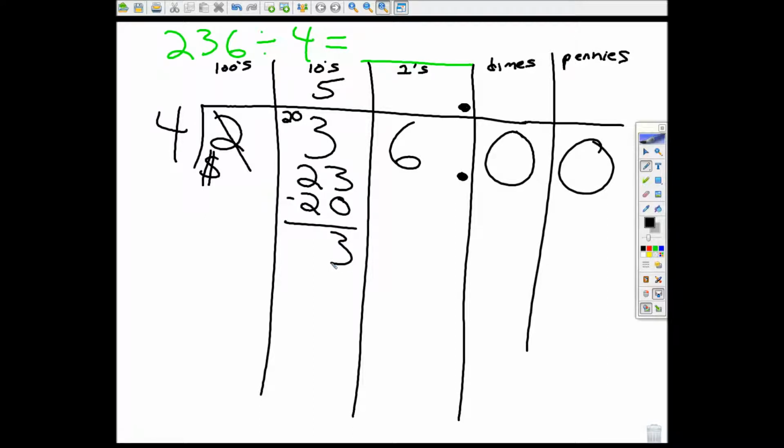Now, 3 cannot be evenly divided amongst 4 people either. 3 $10 bills, I can't tear them in half. I have to exchange those $10 bills for $1 bills. So let's go ahead and do that, and let's take our 3 and exchange them into $1 bills, and I would end up having 30 $1 bills with my existing $6 bills. So altogether I have 36